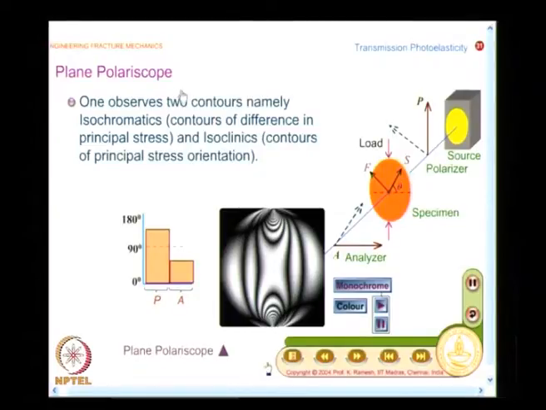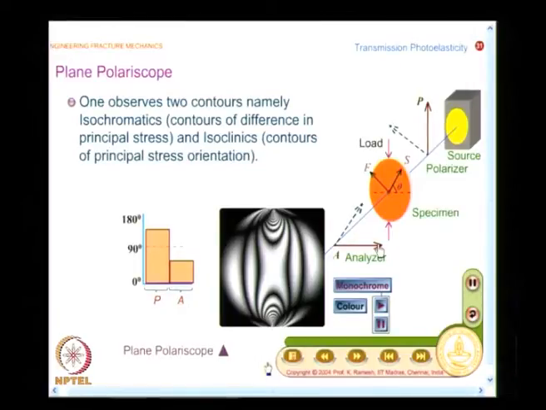So, one observes two contours, namely isochromatics, which represent contours of difference in principal stresses, and isoclinics, which represent contours of principal stress orientation. And what we saw from a logical explanation is that when the model behaves like a full wave plate, the input polarized light is cut off by the analyzer, which is kept at 90 degrees to the polarizer axis.